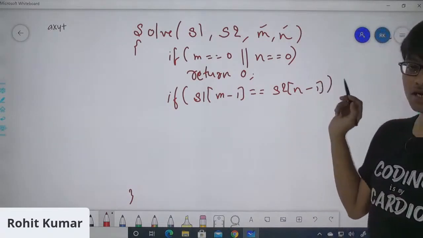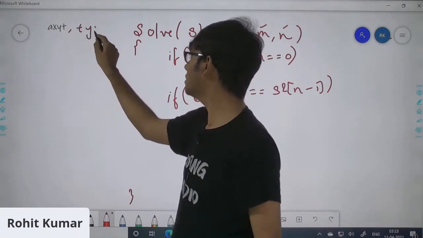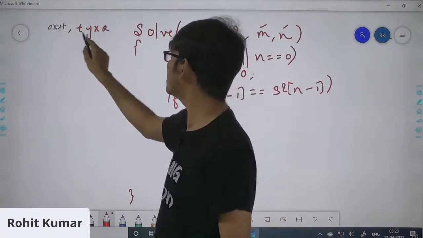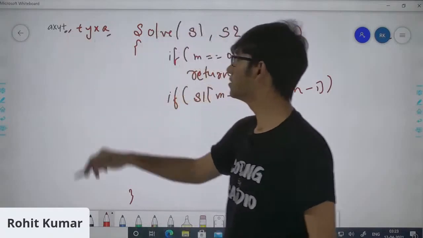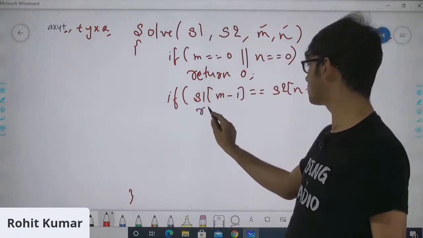Okay, I'm just checking the last character of both of them. If I write this, it becomes TYXA. So I'm checking this T and this A. If they are equal, what do I need to do? I need to return